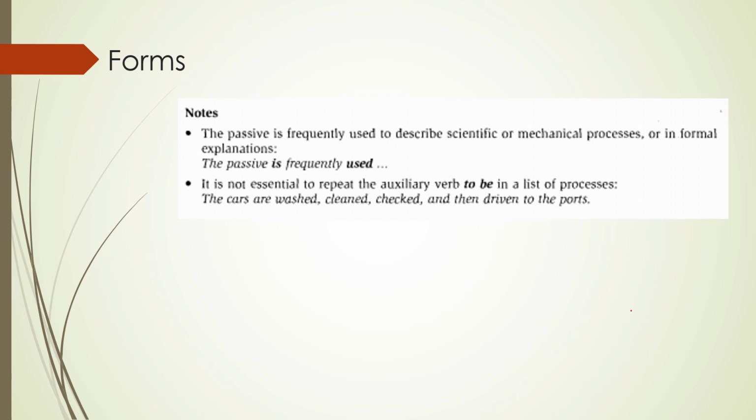But you do not need to place all the same to be with the different verbs. You just put the to be before the first past participle. The cars are washed, cleaned, checked, and then driven to the port. It's already understandable, and that is very concise. Okay, then the next,